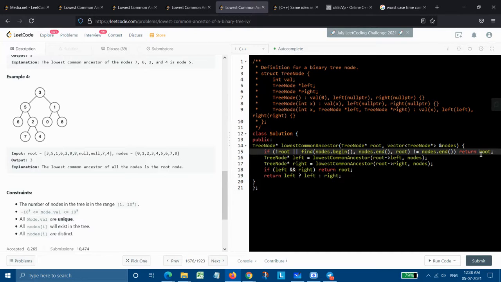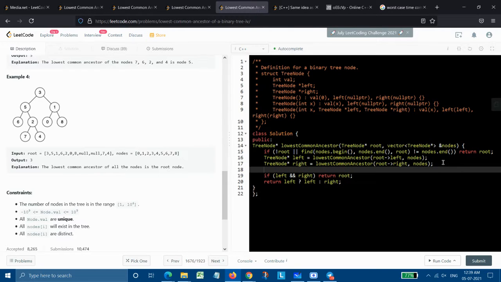And then after this, we are again doing the same thing the way we were doing before, that we were having a left variable and a right variable. In my previous video, I had used LCA1 and LCA2, and they solve the same purpose as here, basically storing the left and right. It will call the left subtree and the right subtree, and simply pass the vector as it is, the way it was passing P and Q there. Now we have calculated with the left and right nodes.